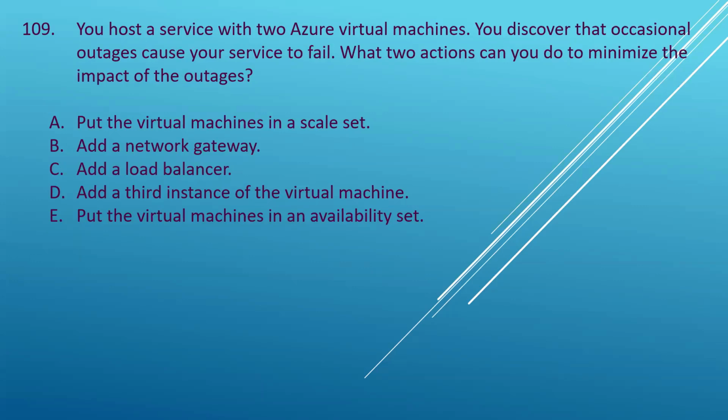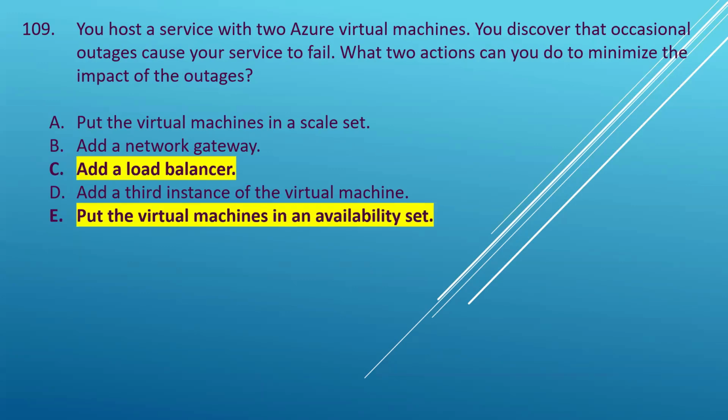To minimize the impact of occasional outages for a service hosted on Azure virtual machines, you can add a load balancer and put the virtual machines in an availability set, making these 2 the correct choices here. Load balancers distribute incoming network traffic across multiple virtual machines to ensure high availability and fault tolerance. By adding a load balancer, you can improve the service reliability and minimize the impact of outages by spreading traffic